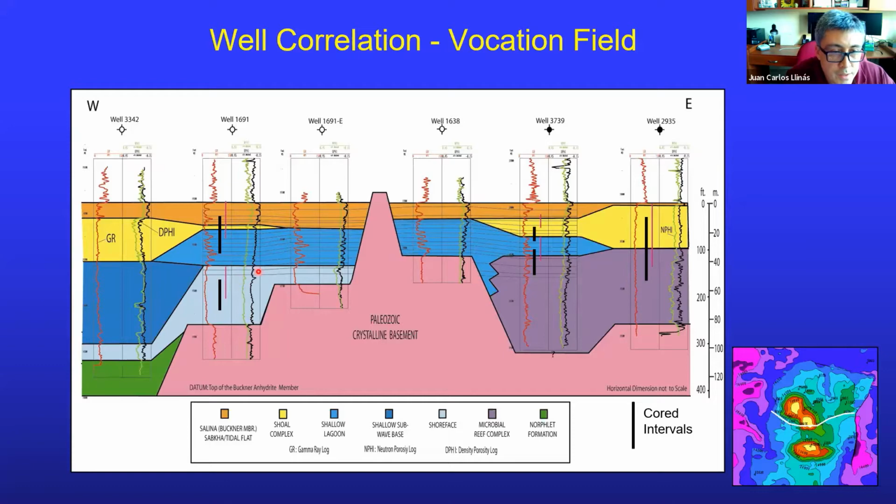And on top of this, in the off-structure location, the well from the previous slide, you just have the subtidal subway base, and on top of this, you start seeing what was interpreted as the shoals here with the higher porosities and low gamma rays. And behind the reefs and these shoals, you have the lagoon. This is a muddier section, but with